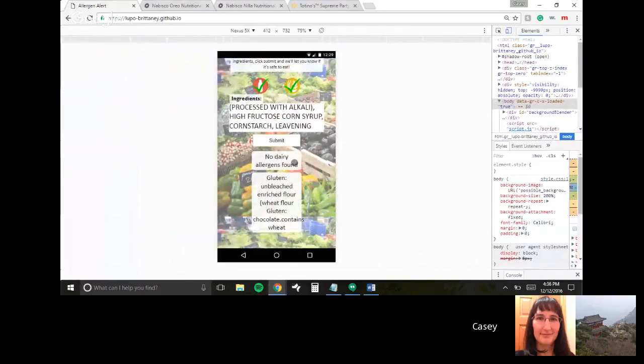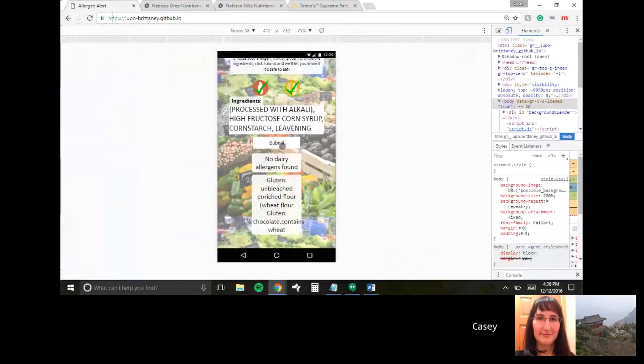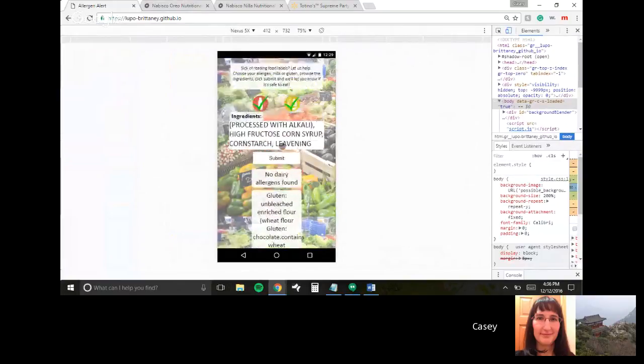If we're allergic to dairy, we can see that we're good to go. No dairy allergens are found. But if we're allergic to gluten, we're in pretty bad shape because there's a lot of different forms of wheat and flour in this. And if it works again, let's take a look. So maybe we want to